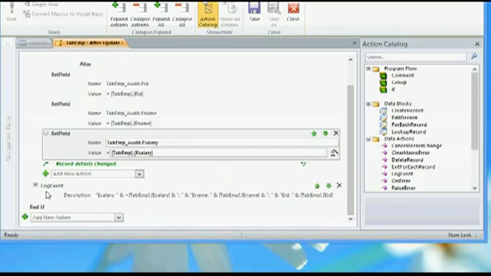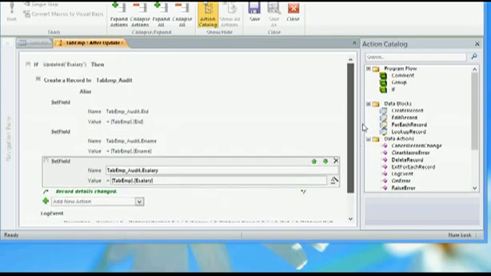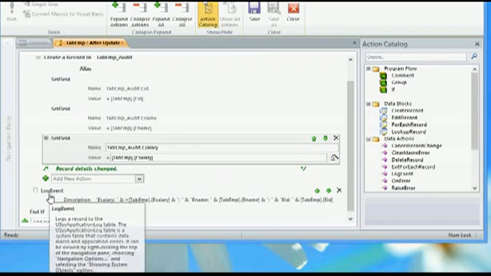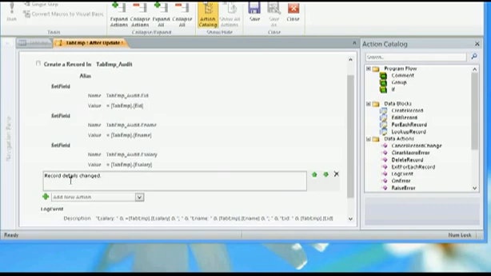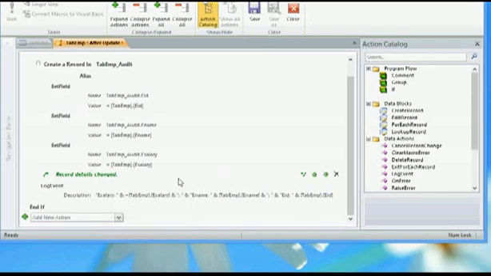After that, I have added a log event also. This is optional, and this is a comment line. If you just want to give a note like why you are using this macro or recording this event, this is for your understanding, or you want to explain it to someone else why you want to do this. This is just commented, as you can see these commented lines here. So you need to add like this, and save and close.